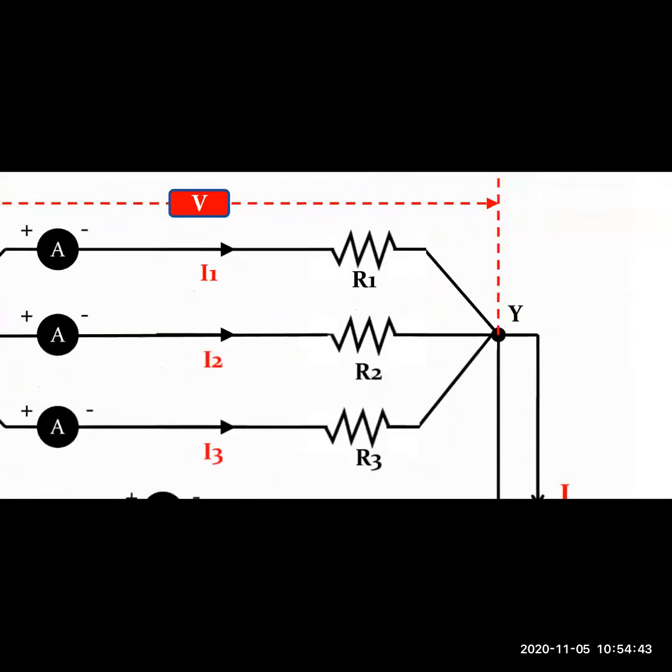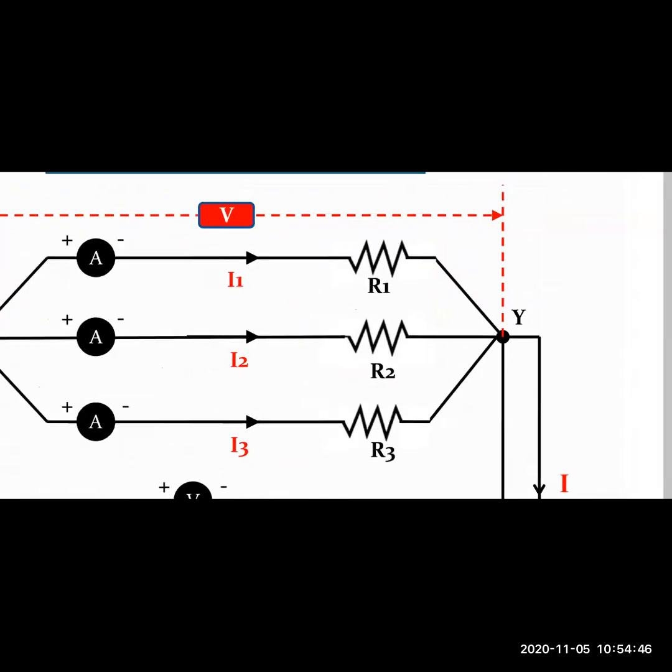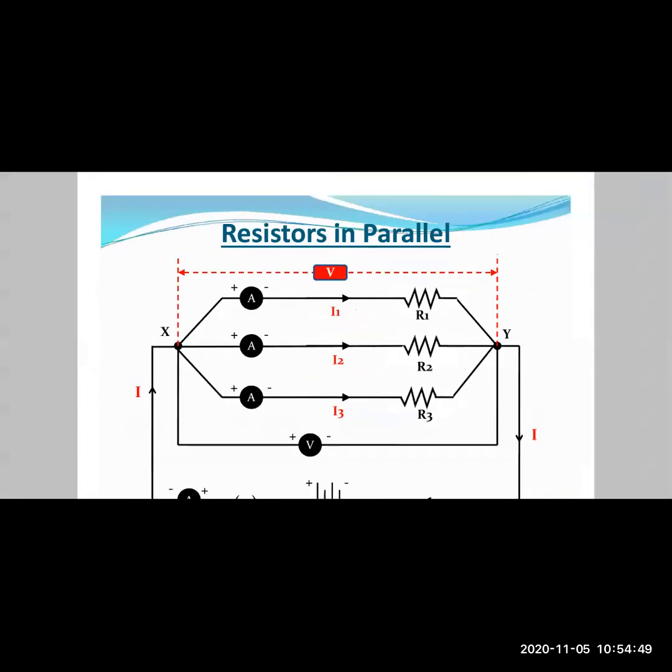Now, you can see here that the resistors are connected in such a way that their two ends are common. Means for the resistors R1, R2, and R3, the two ends of all three of those resistors are connected on a common point. That is point X, means the left end of all three resistors R1, R2, and R3 is connected to point X, and the other end of all three resistors is connected to point Y. So in a parallel combination, all the resistors are connected in such a manner that both their ends meet at a common point.